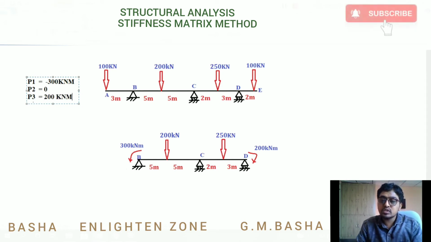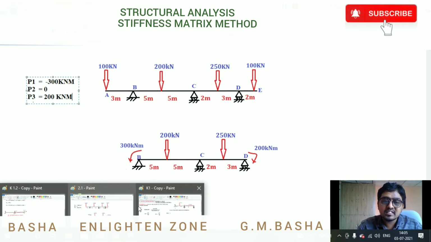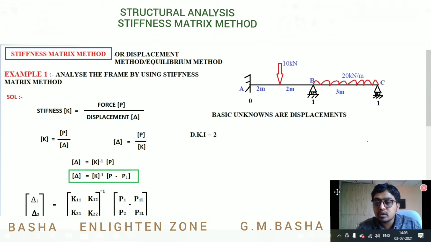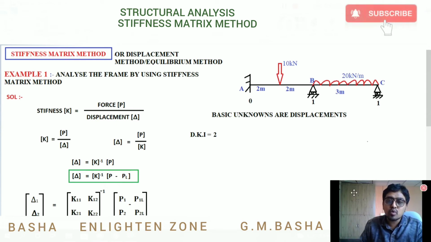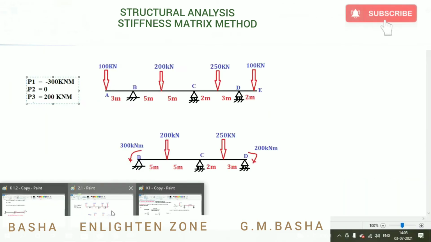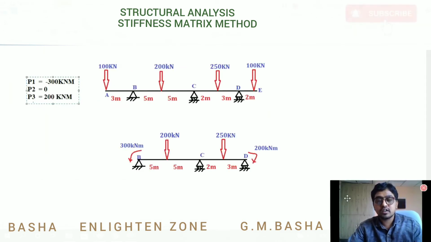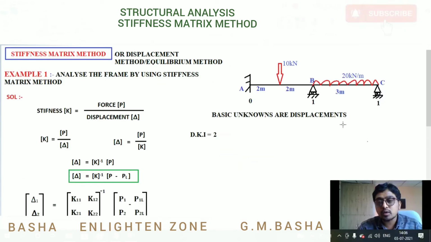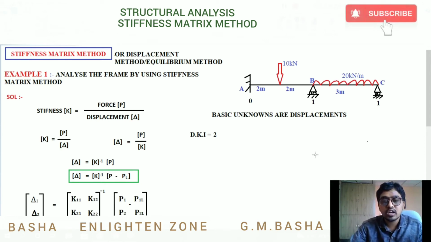Friends, don't be confused. In the next example, I will take this type of problem to solve, and I will show it clearly there also. For showing the difference, I explained what the external forces are for the previous problem, but generally here it is not mentioned in this question. If I just say directly that your external forces are equal to 0, you will get confused about what the external forces are. That is the reason I took this model, to show the types of external forces. So please remember, in this problem external forces are not mentioned, and that is the reason our external forces are 0.